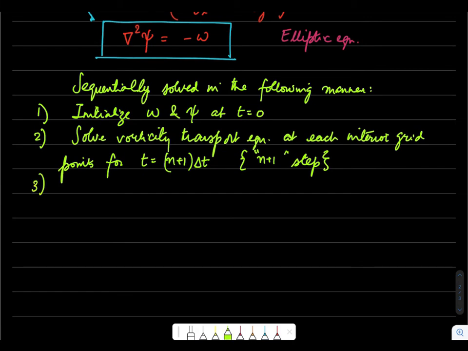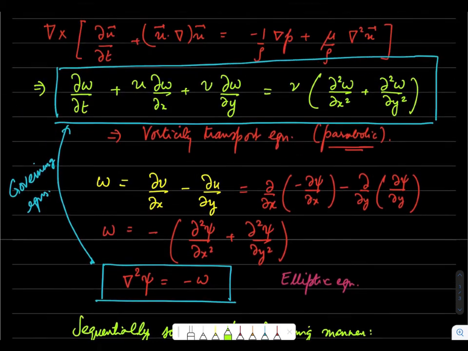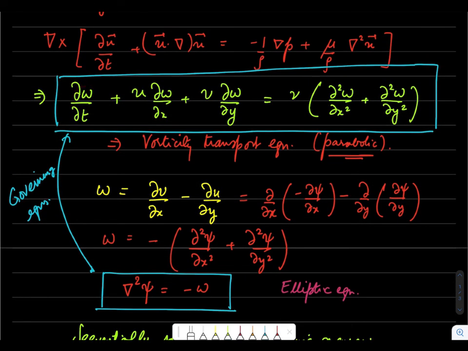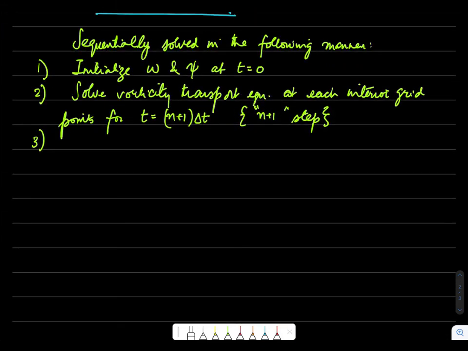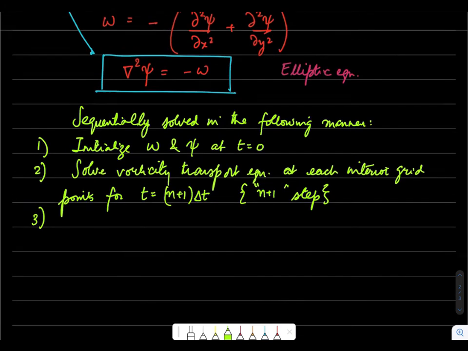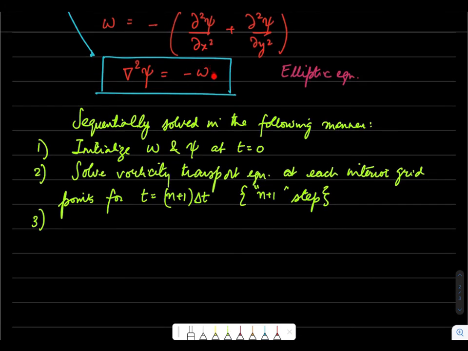The next step is, now that we have solved the vorticity transport equation, which is a transient equation, so basically we could calculate all these variables using an explicit formulation. So we get, let's say, omega at n plus 1. Then we use these interior values of vorticity to calculate psi. So now you can think that omega is known at the interior grid points. I would then use this known value of omega to calculate psi using this Poisson equation.